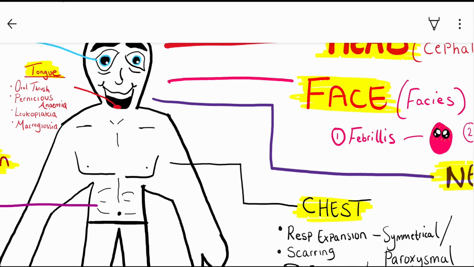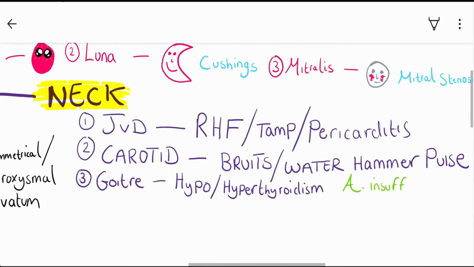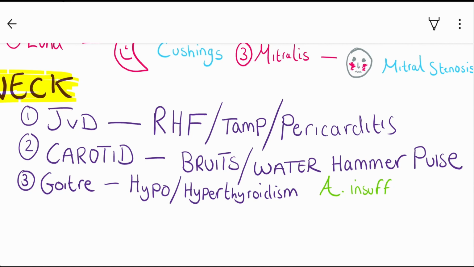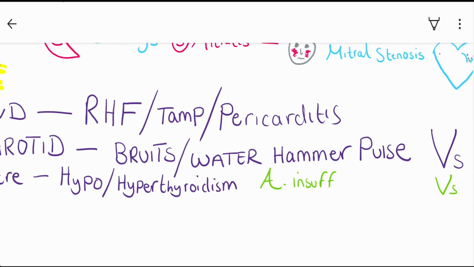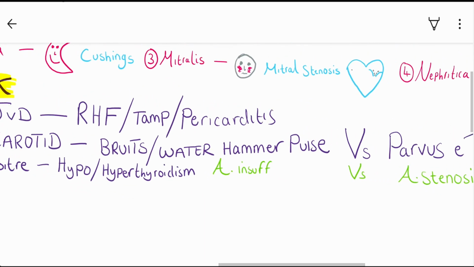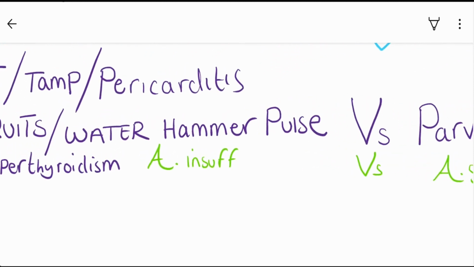However, if we want to look at more acquired diseases, you can look at JVD, jugular venous distension. Is it because of congestive heart failure? Is it because of tamponade or pericarditis? Carotid, look at the carotid artery. Is it pulsating? I mean, is it enlarged? Perhaps, of course, you would need to use auscultation to identify this, but it could be indicative of